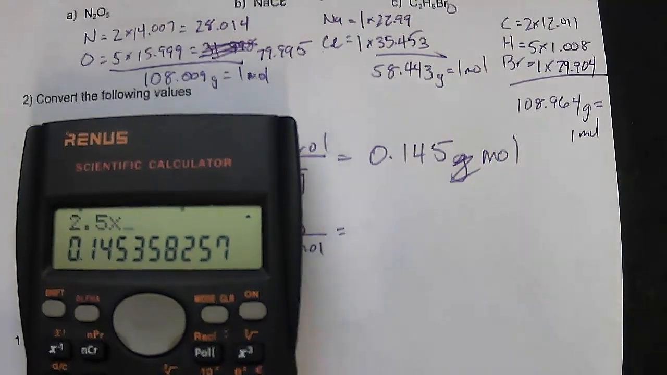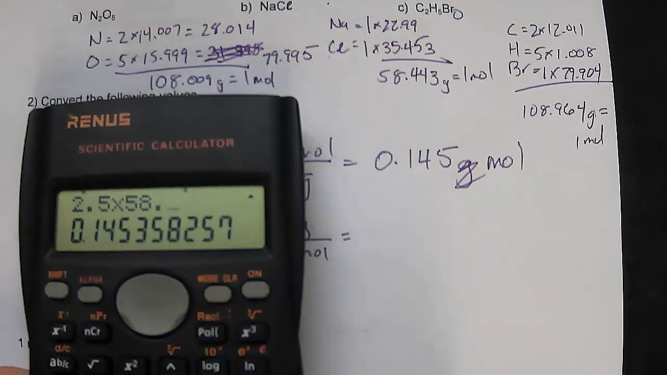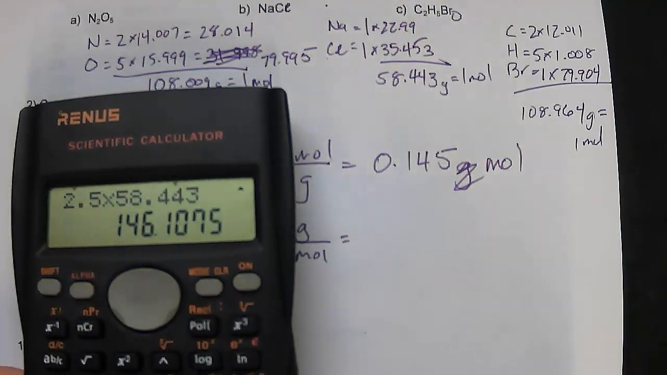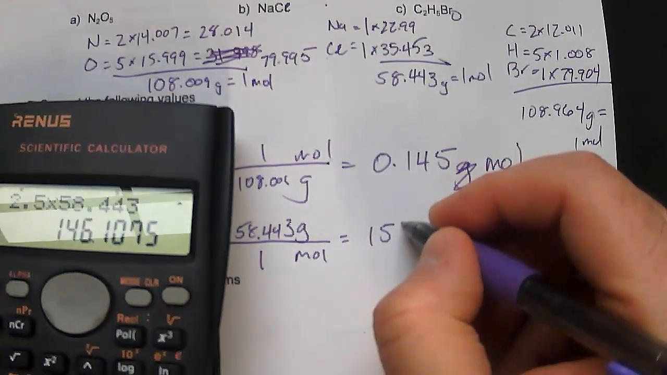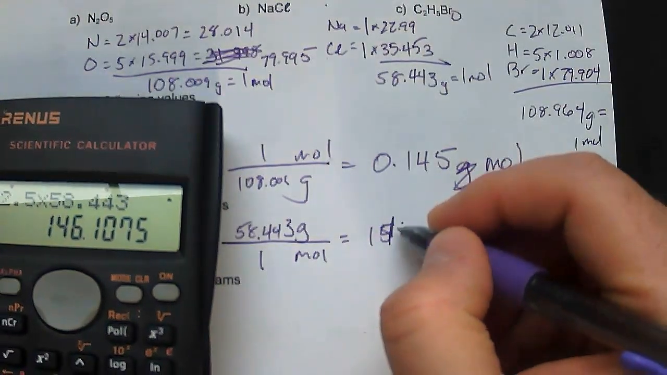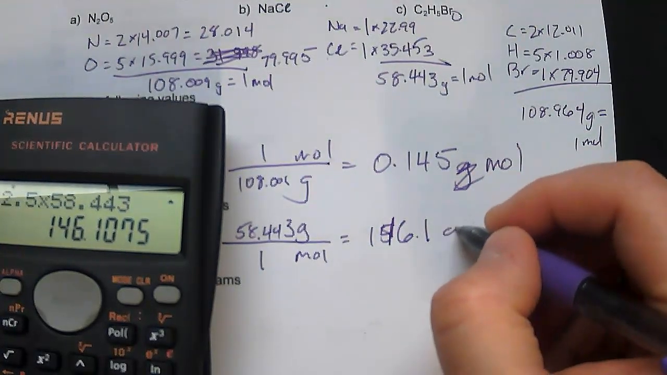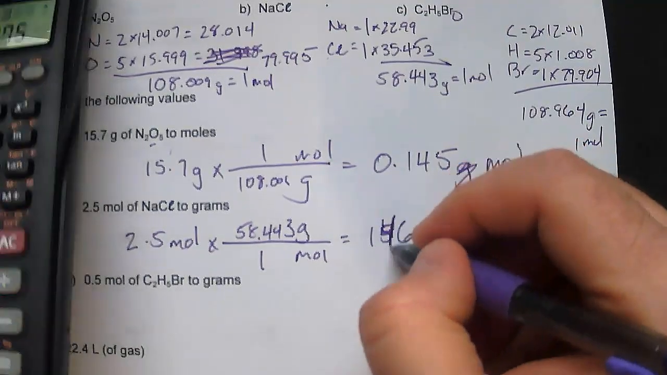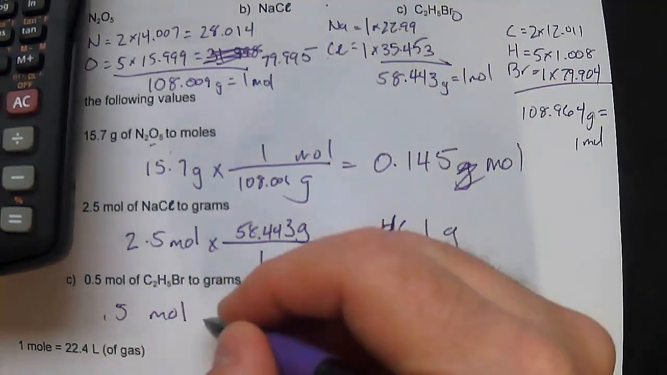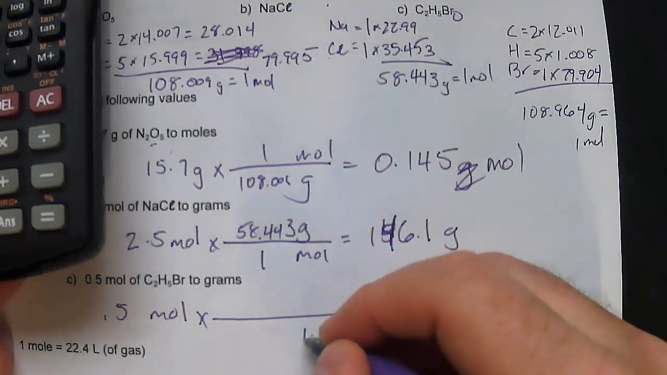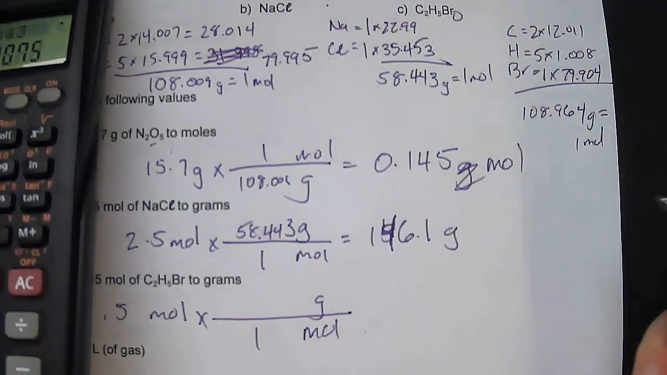2.5 times 58.443 is 146.1 grams. 146. Okay, and then 0.5 moles, X line, mole on the bottom, gram on top, 1 mole,